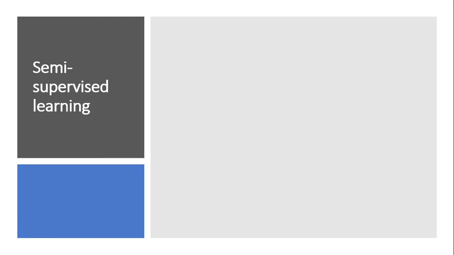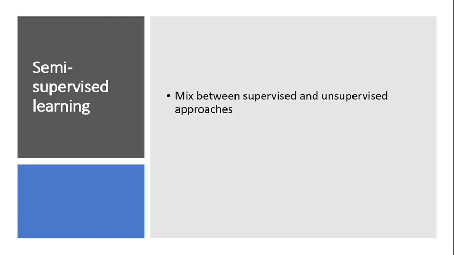Now there is another approach that comes from mixing supervised and unsupervised, that is semi-supervised. By the name, it is clear you are mixing supervised and unsupervised approaches. So the learning process is not closely supervised with example output for every single input, but also doesn't let the algorithm do its own thing by providing no form of feedback. Semi-supervised learning takes the middle road.